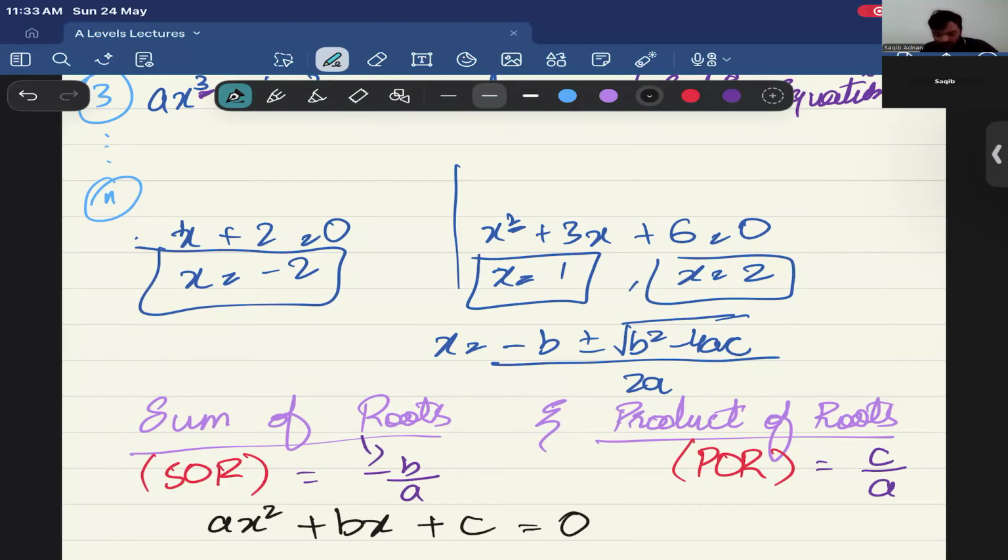So here the coefficient of x square is a, coefficient of x is b, and the constant which has no coefficient